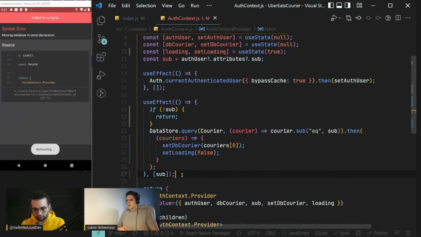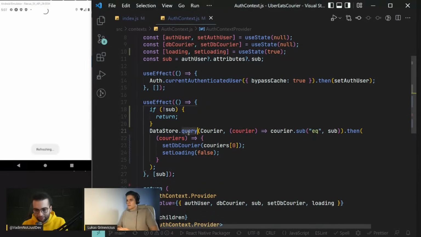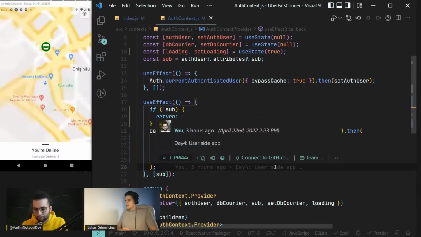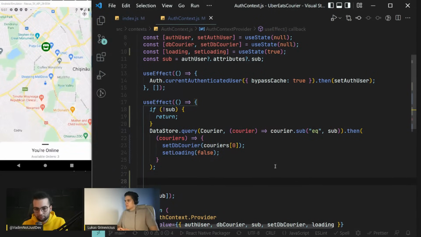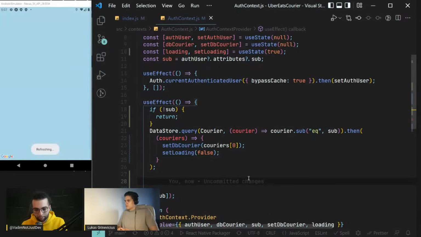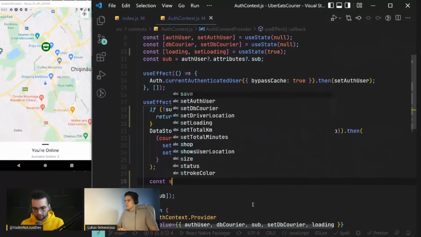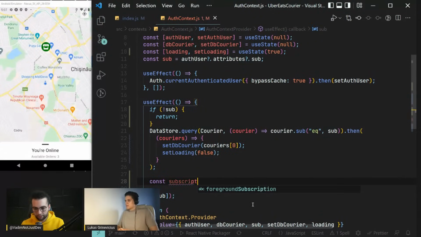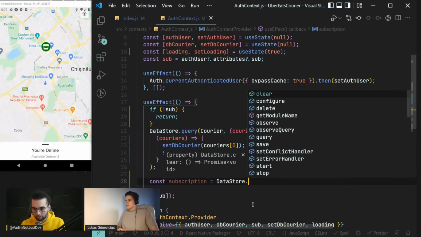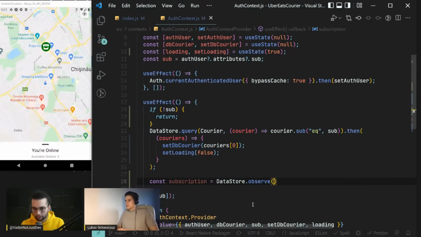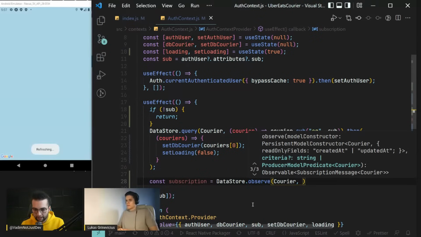But you know what? Here, I'm not going to have to refetch it, because database courier doesn't have a lot of relationships that we depend on. So we can simply do const subscription equal DataStore.observe. We're going to observe a courier with the